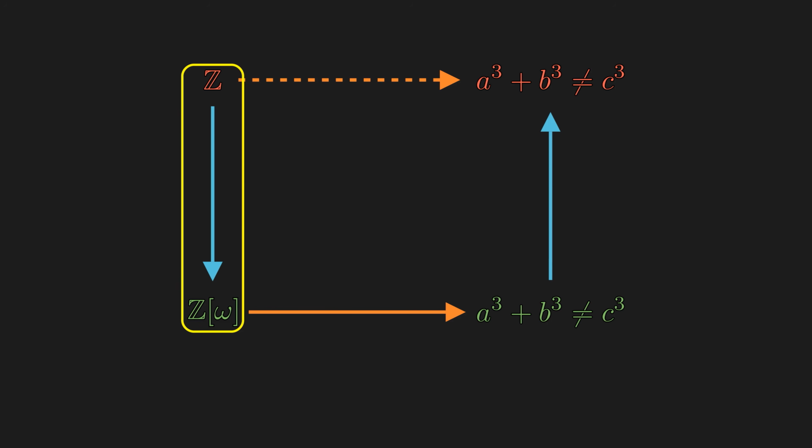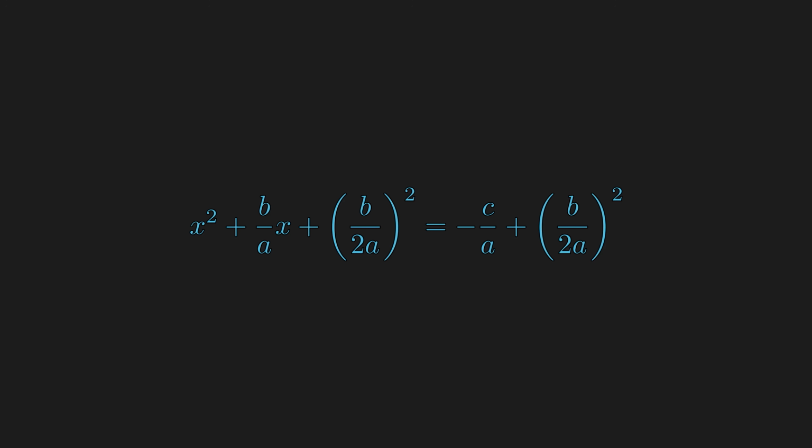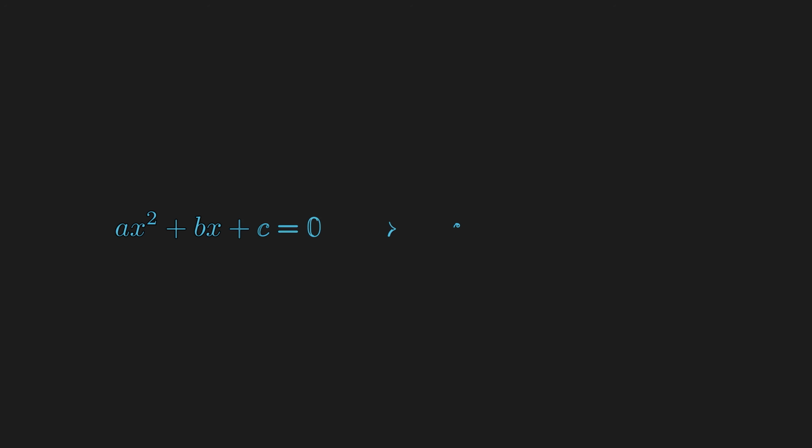Now, let's look at a different problem. This is a quadratic equation, and in order to solve it, we typically use the quadratic formula. And if you have never seen where the formula comes from, we first divide by a on both sides, subtract the constant term, add a special number on both sides so that the left side is a perfect square, and so on. I just showed you the most crucial steps, so the rest is left as an exercise. In any case, the quadratic formula is derived from a key technique called completing the square.